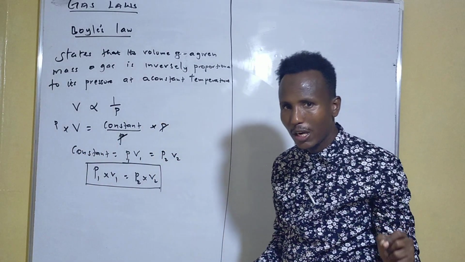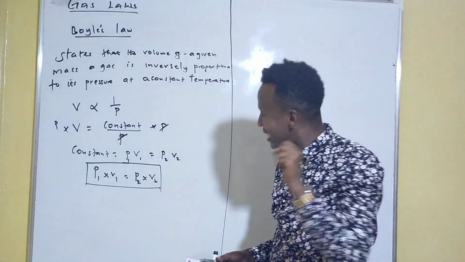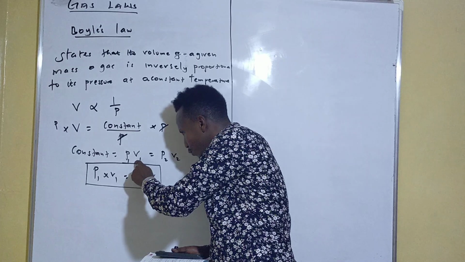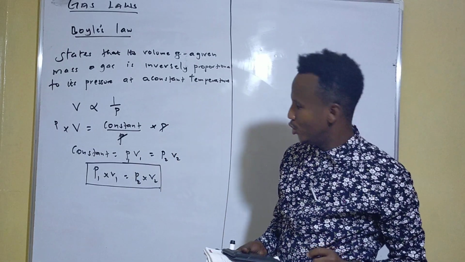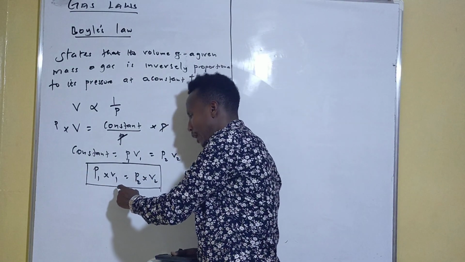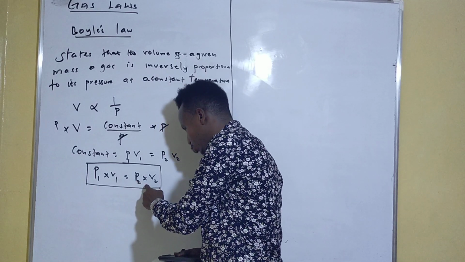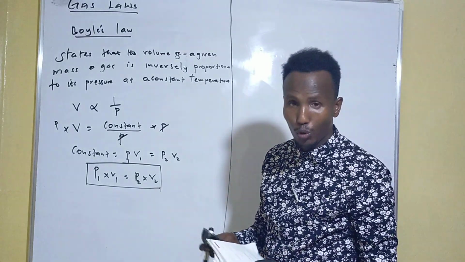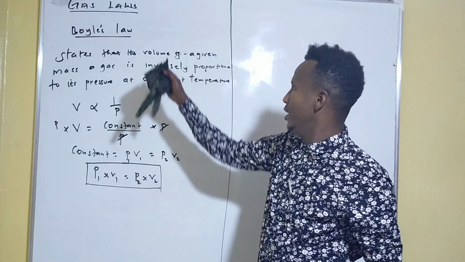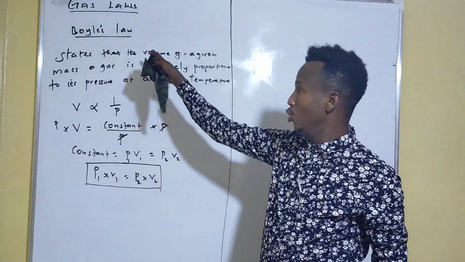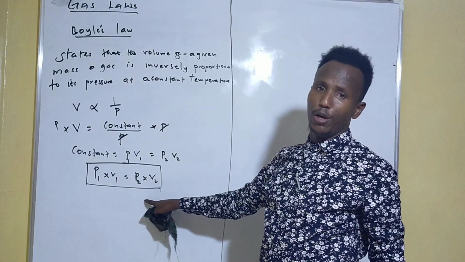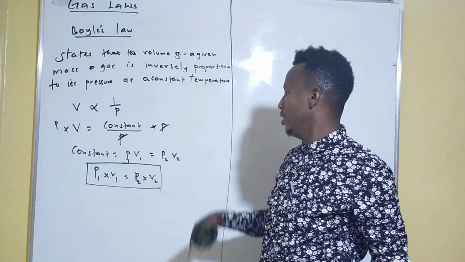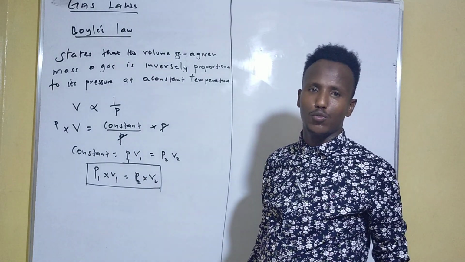But remember, this is pressure 1 and volume 1. A change in pressure 1 can result in pressure 2, and a change in volume 1 can also result in volume 2. So we can say pressure 1 multiplied by volume 1 is equal to pressure 2 multiplied by volume 2. Just understand how to derive the formula, please, before we go to the questions. Then, knowing what the law states, as well as deriving the formula, we'll go ahead and see examples of questions based on this law.